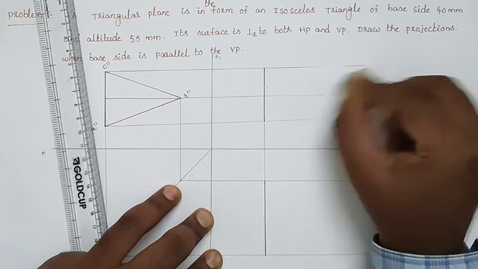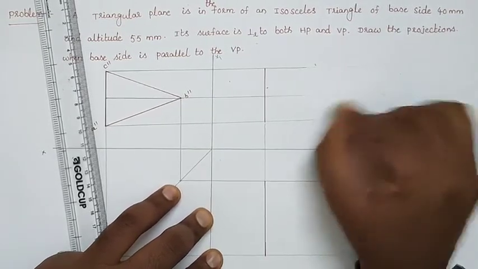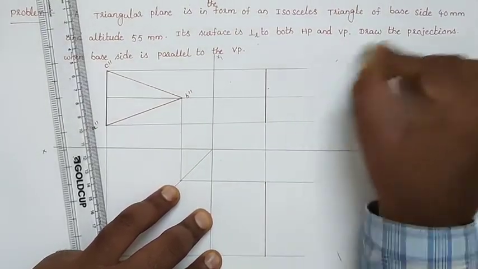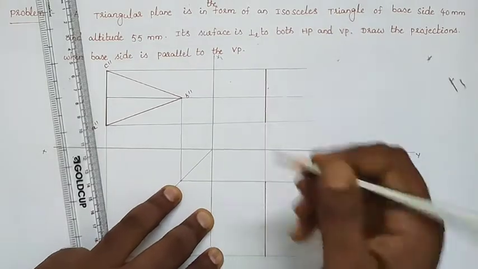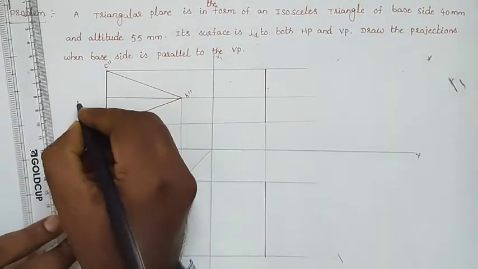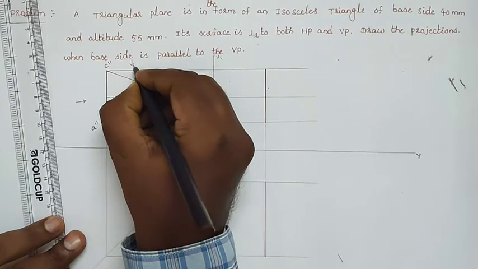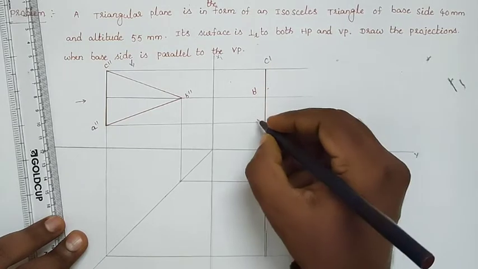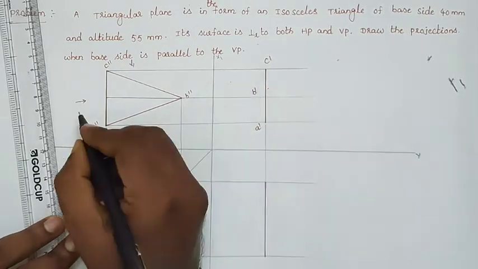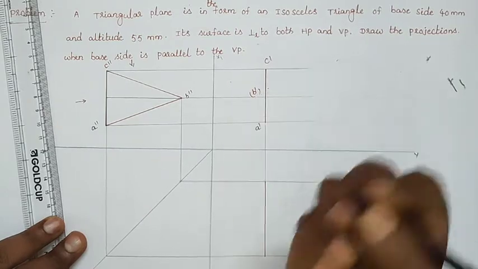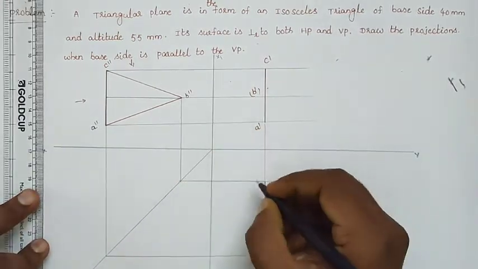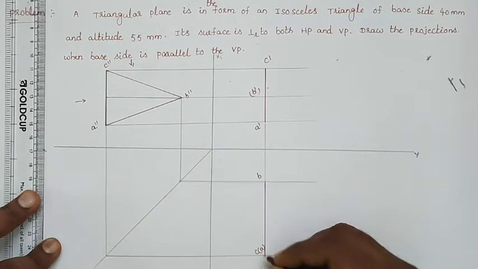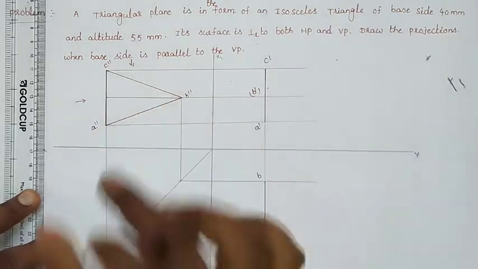After that, the extended lines should be erased from your drawing. Now here I am giving the naming. This is the direction of the front view and this is the direction of the top view. Here you will get C dash, here B dash, and here A dash, because in this direction B dash is not visible. And so here point B, and C comma A. So this is our top view, this is our front view and this is our side view.